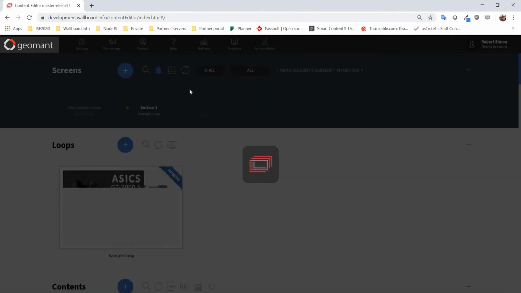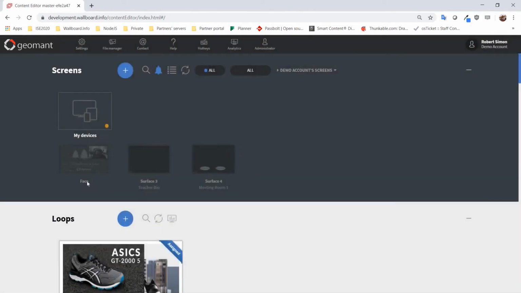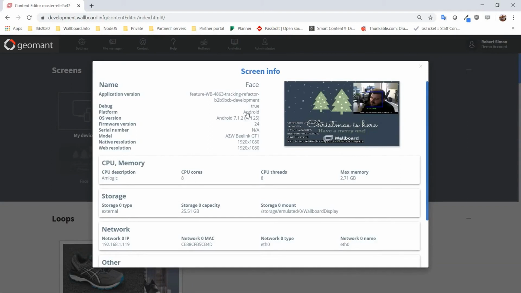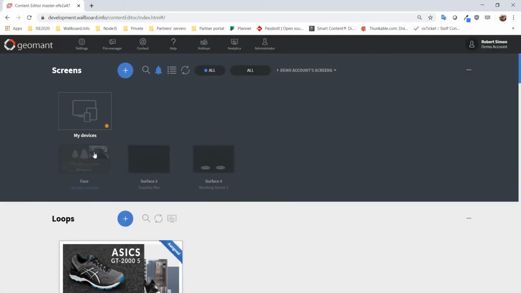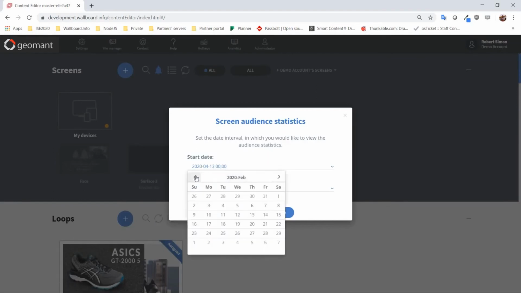I go back to the home screen. I go out of this device group, and there is a device, and you can see here that this is an Android device, Android 7.1. Running in full HD resolution, and it has 8 CPU cores, and it was doing face analytics. So if I go to the audience settings, audience statistics, and I create a long history and I show this,